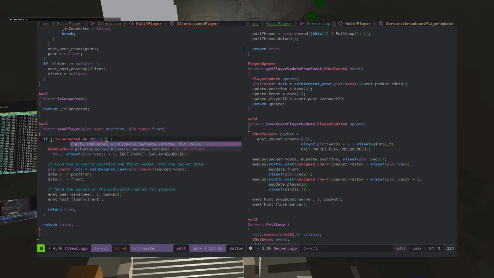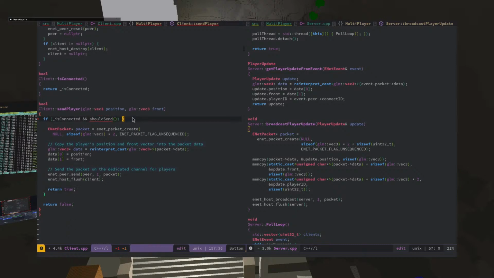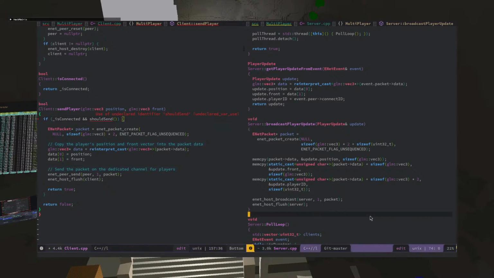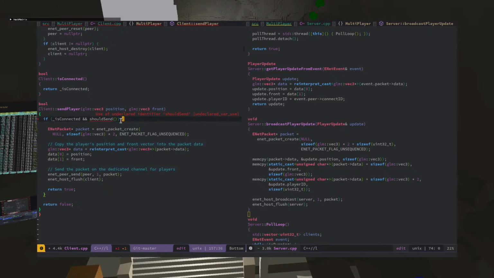It should be like if it's connected and should send, then we'll send. Yeah, I guess should send is decent. And then we will need something like last sent time, or just sent packet or something.